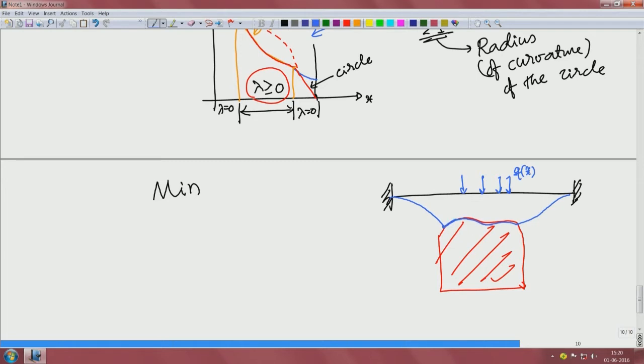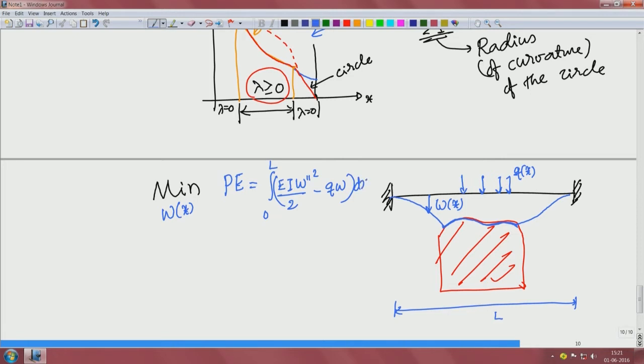So it has to follow this, and that can be posed here. Minimize the potential energy of the beam. Here W, the transverse displacement everywhere, W of x, is the thing. Minimize the potential energy from 0 to L, let us say the length of the beam is L, E times the second moment of area times W double prime squared, minus 2 Q times W. This is the total potential energy of the beam, which we also mentioned earlier, subject to